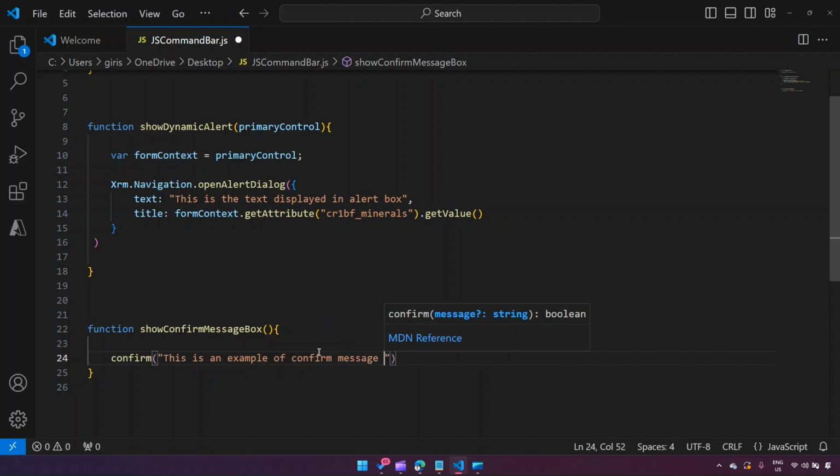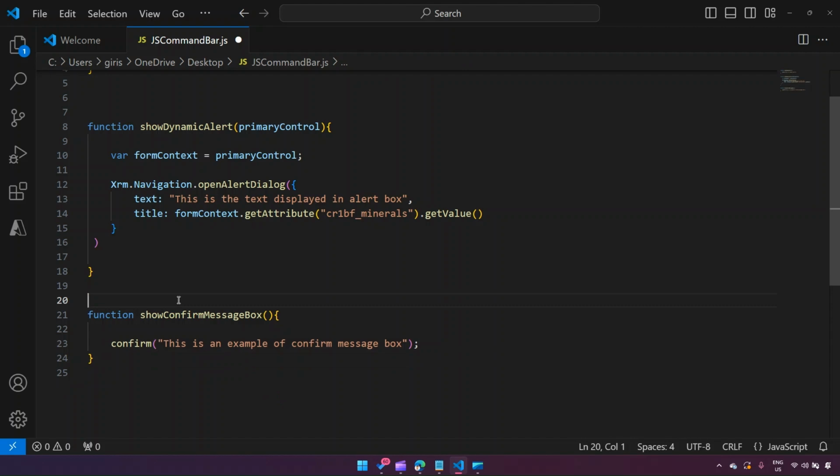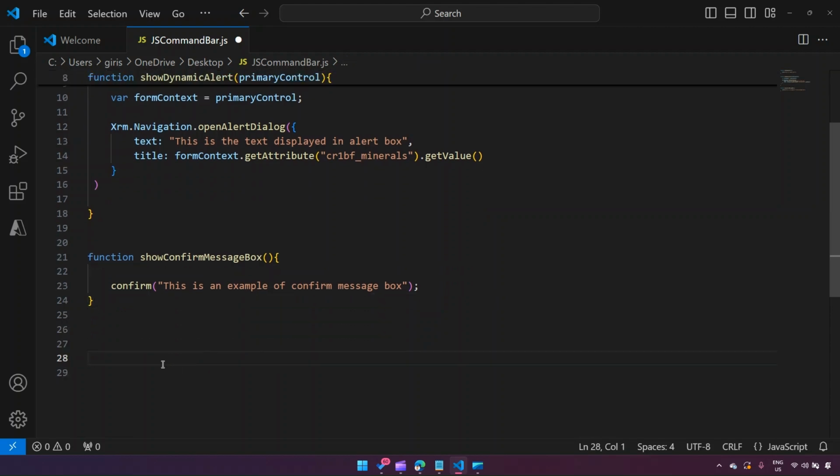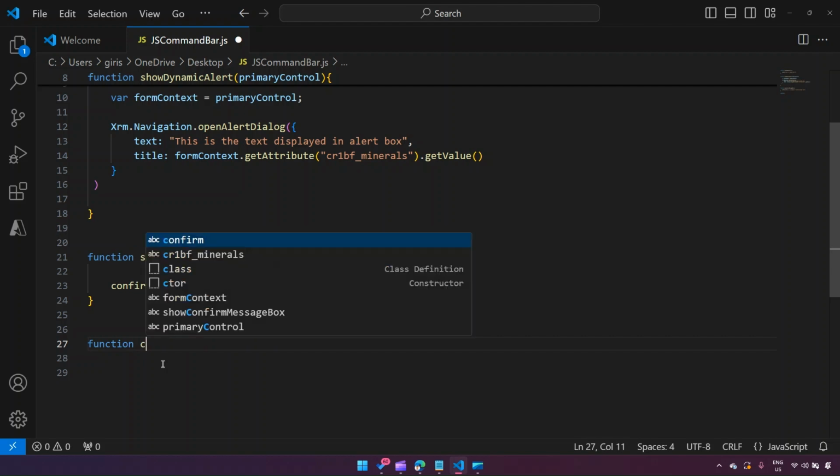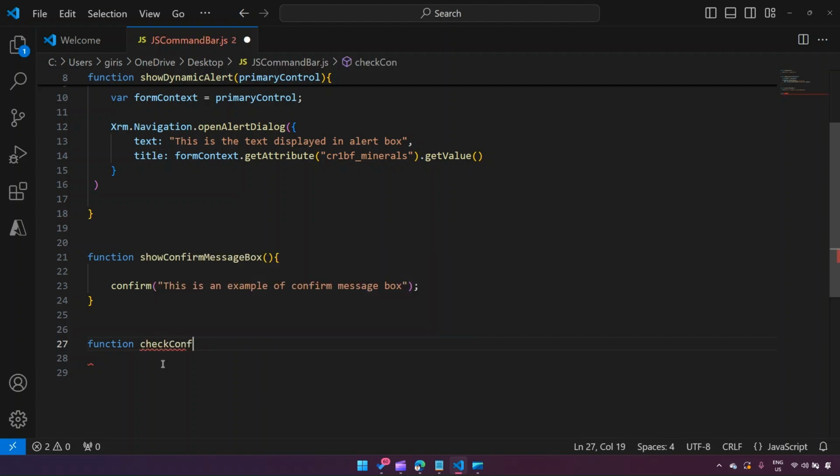So confirm message box is different than alert. It will display a couple of buttons to you, and then it will just ask you for confirmation like okay or cancel, and that's it. So this is a simple confirm message box. Now what if you want to do some calculation on the basis of the response received? Okay, so I'll write another function which is called check confirm message box,